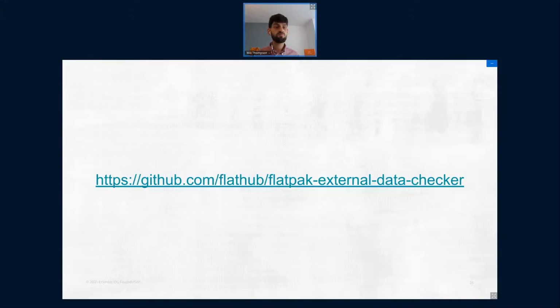Great. So the first question is, can this tool be used to automatically update the runtime, so we can avoid apps using deprecated GNOME, KDE, or Freedesktop SDK runtimes? Great question. As I just mentioned, the answer is no today. It only updates components of the app itself. Updating the runtime